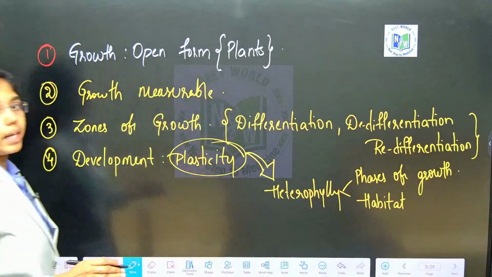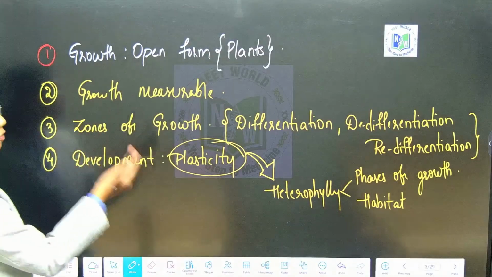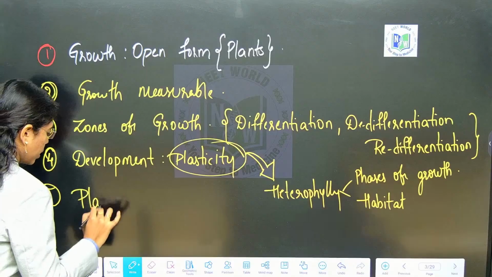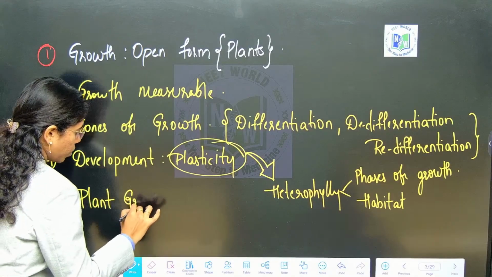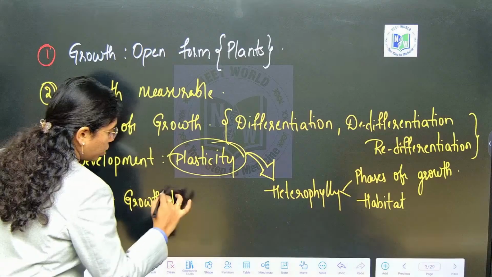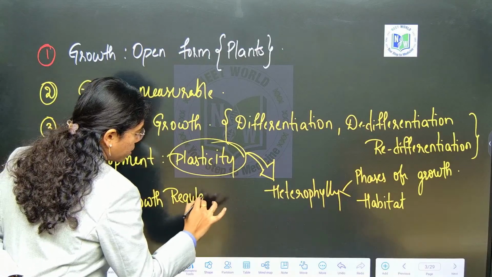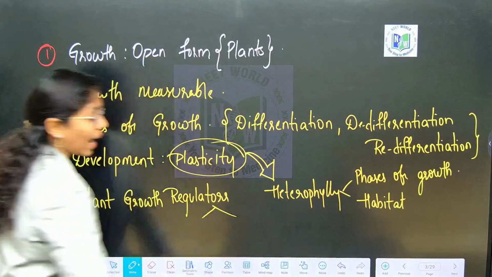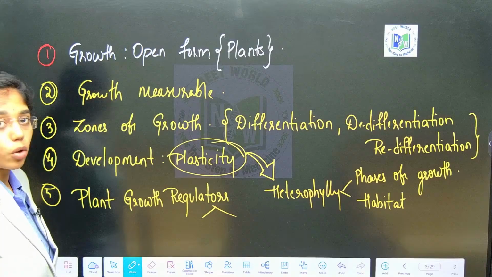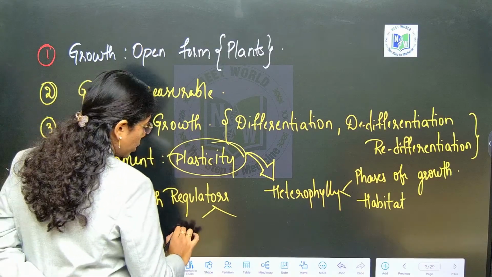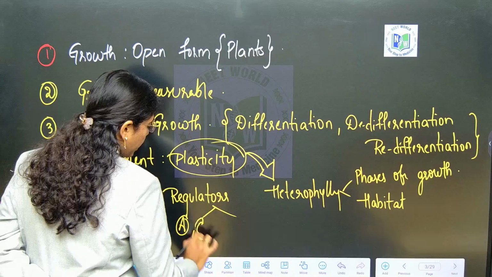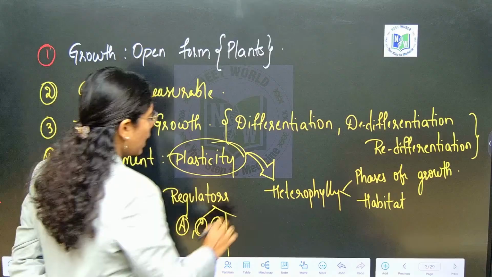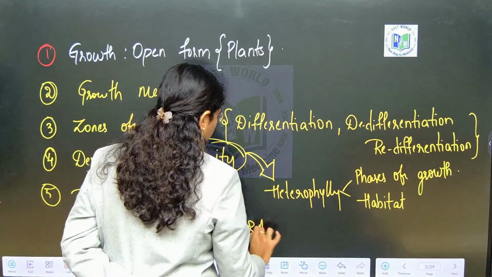Fun, right? And then after the development, that is the concept of plasticity and heterophily, we will go through plant growth regulators. We have two types of plant growth regulators. One is plant growth promoters and second will be plant growth inhibitors. Plant growth promoters will be auxin, cytokinin and gibberellins, and plant growth inhibitors will be abscisic acid, whereas ethylene will